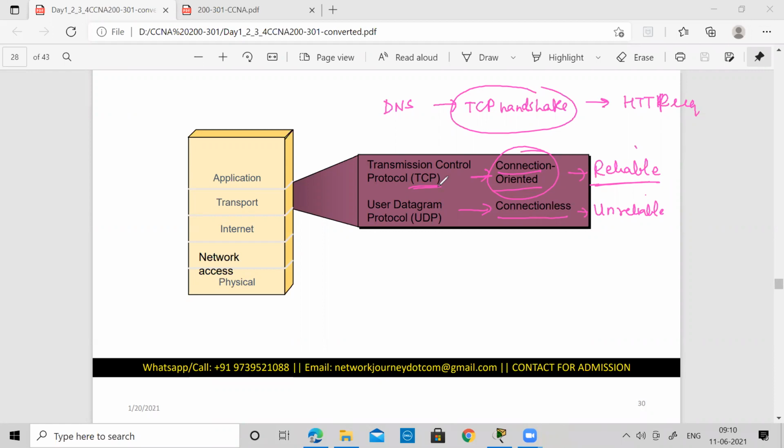So UDP has lesser overhead than TCP, because it does not need to check for sequencing, acknowledgement, retransmission or error detection. None of these is part of the UDP header. A UDP header is going to be very simple. It is just going to carry the source port number and the destination port number, some information in that manner.